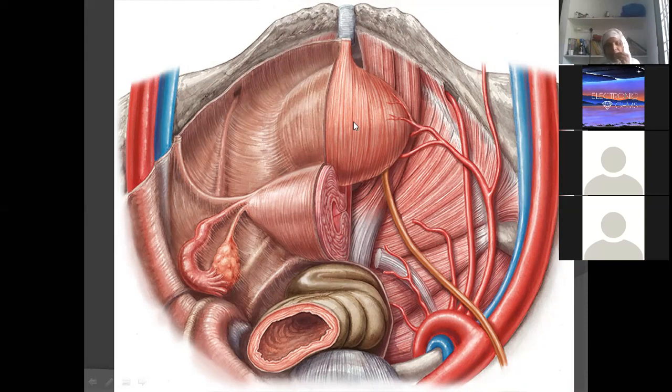You are seeing the muscle of the urinary bladder. What is the name of the muscle? Detrusor. Then are you finding the muscle which is forming the pelvic diaphragm? Just now I have used this word. These three visceral organs are sitting on a swing. It's like a hammock where these three organs are resting. This is actually formed by the levator ani. The name of this muscle is levator ani. And our ureter is moving like this. The whole pelvic diaphragm is formed by the levator ani.